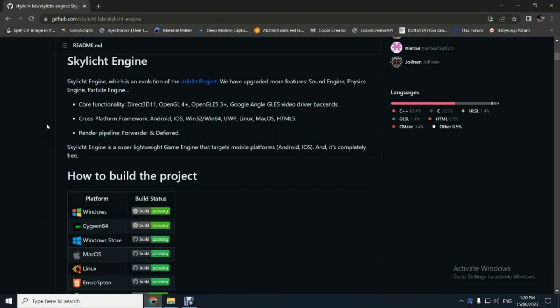Hey guys, I've got a nice little bit of information about someone's project called the SkyLicht engine, which is based on the same engine as CopperCube, the Irrlicht engine. So that's obviously in the name in itself. It's just a variation, a more modernized version of the Irrlicht core game engine